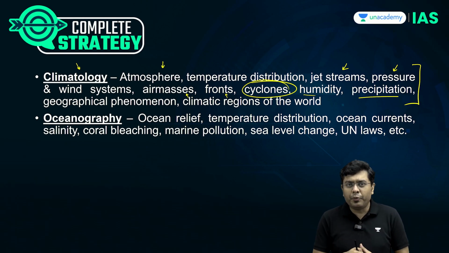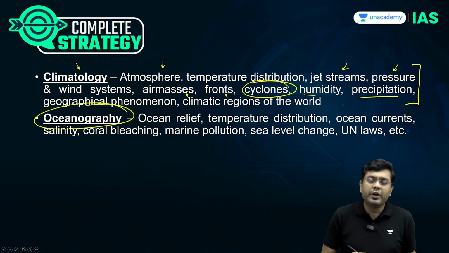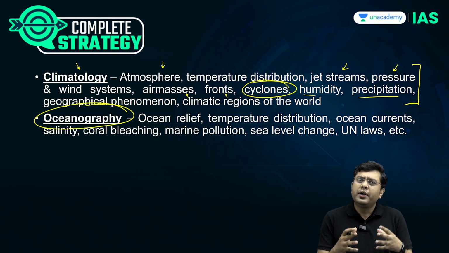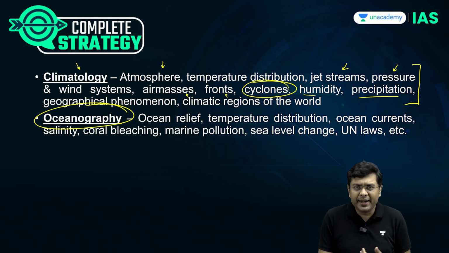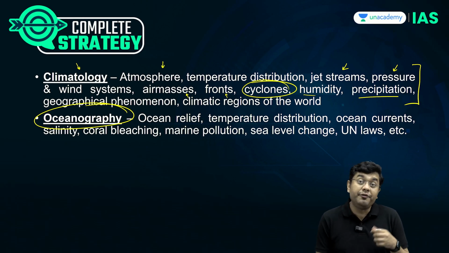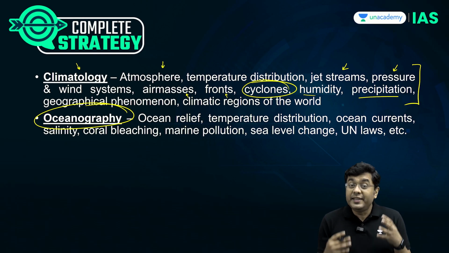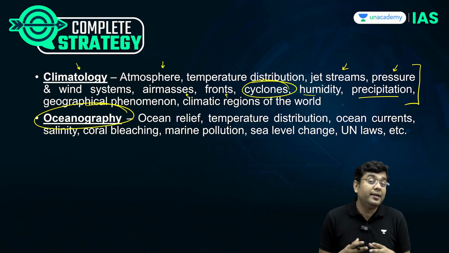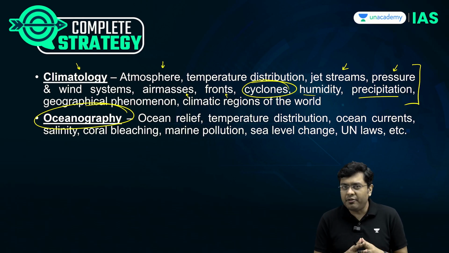Then comes one of the easier portions, oceanography. Now, oceanography or study of the oceans, what is it about? About the physical properties of oceanic water, temperature, salinity, circulations induced because of this, movement of oceanic water, waves, tides, ocean currents, and also the ocean bottom relief, seamounts, submarine canyons, oceanic trenches, deep sea plains. These oceanic resources also handle a wide variety of biodiversity, again making them very important and very relevant.